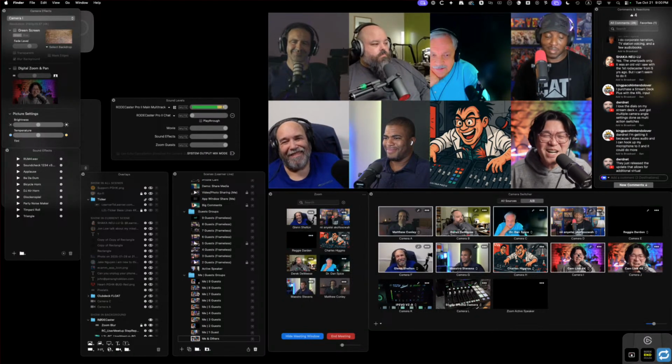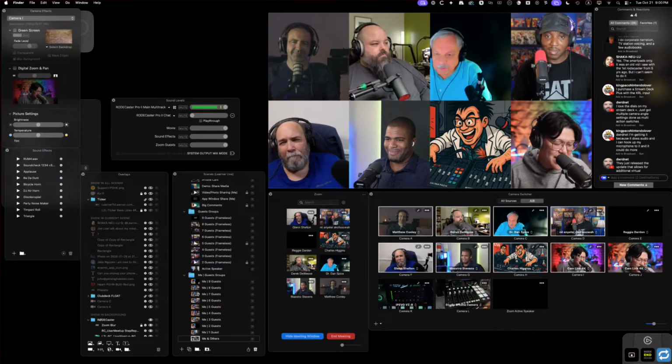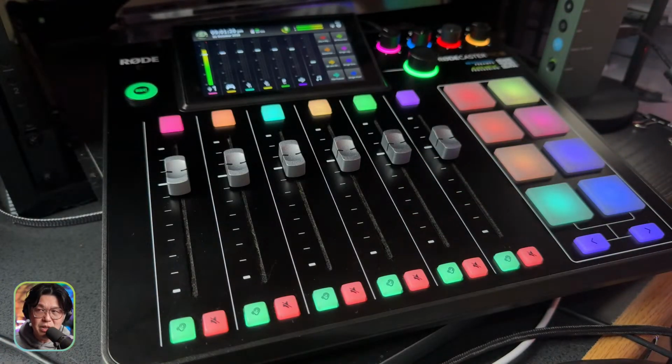So the reason why I have those setups is to have the flexibility of being able to do live switching and also do my manual control of my guests on Zoom. And also, if I want to, I can connect my phone to an app like Clubhouse or any other app. I can have a conversation with them, and that is being controlled by a different fader. And also, any audio that I wanted to play from the browser or from my music app, I can have manual control and assign a physical fader to the RØDECaster the way I want it,